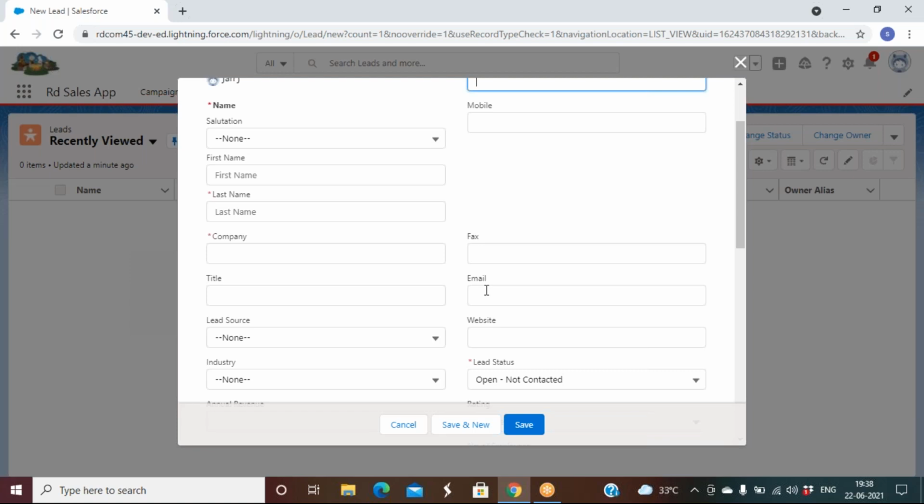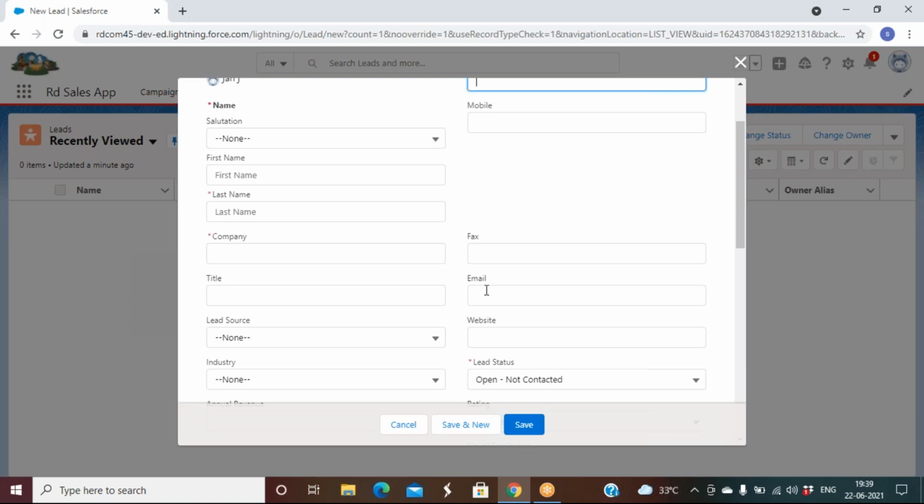See, we cannot send an email once we have the customer data. First time we want to send an email. If you receive every day, thanks for your inquiry, thanks for your inquiry, you will get irritated, right? It will not feel professional, right? So we want to send an email only one time when a record is created. And the condition was the email field should have data. So this is the requirement.